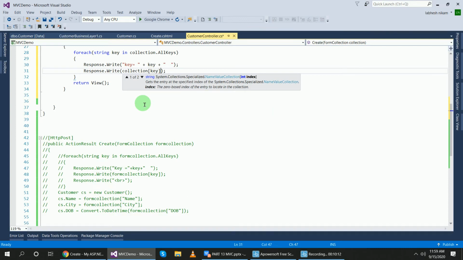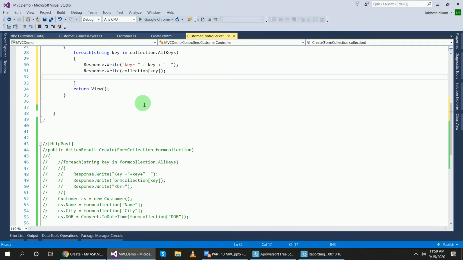This one. Okay, and use BR tag to give the gap between two lines. This one not right. Use BR. Okay.